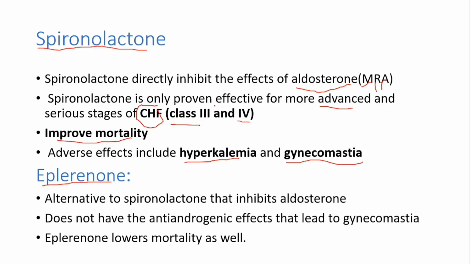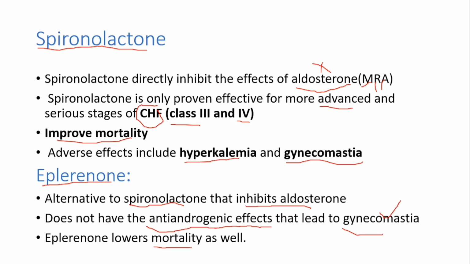Like you know that aldosterone retains fluid and salt in the kidney, and they increase the blood volume. So if we inhibit aldosterone, the blood volume or fluid will be decreased and the preload will be decreased. Okay. And next is eplerenone. Eplerenone is an alternative to spironolactone that inhibits aldosterone, and it does not have the anti-androgenic effects that lead to gynecomastia. So it does not cause gynecomastia, and eplerenone also lowers the mortality, as we have already discussed